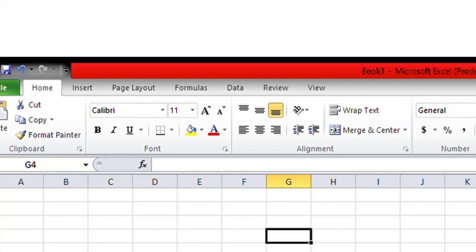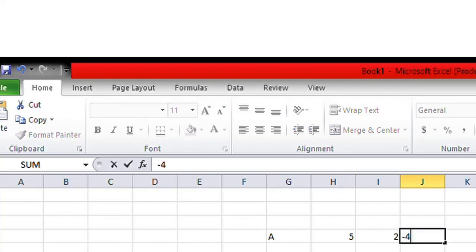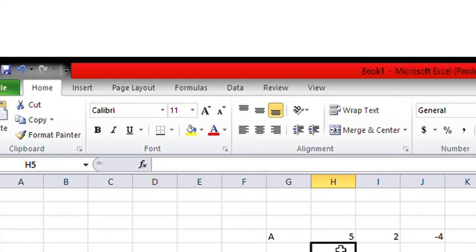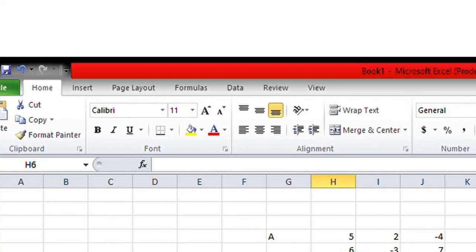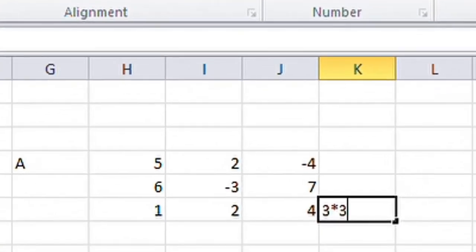Matrix A with elements, say, 5, 2, minus 4, 6, minus 3, and 7, and 1, 2, 4. This is matrix A with the dimension of 3 by 3, and let us take another